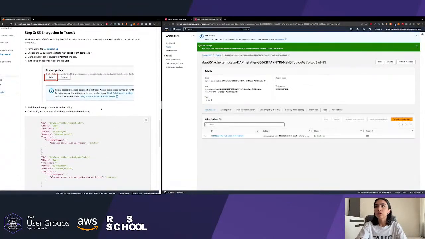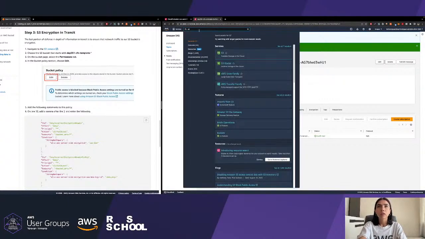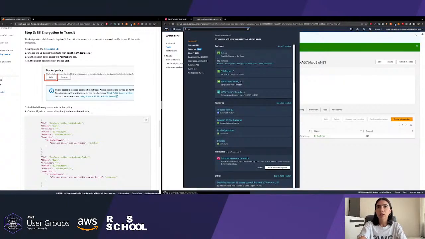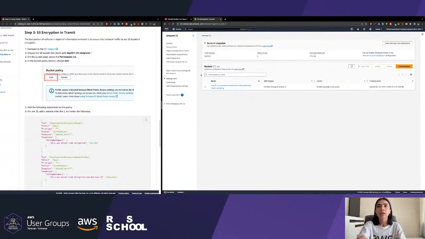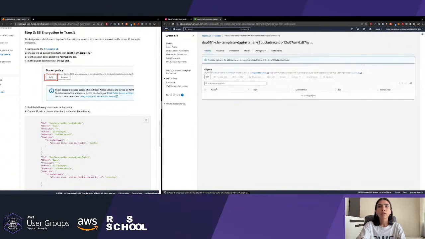And also we want to add some encryption to our S3 for the data in transit, because our Lambda function is sending to our SNS, uploading to our S3 bucket a file, which being said, data is in transit. Okay, so go to the S3 bucket.